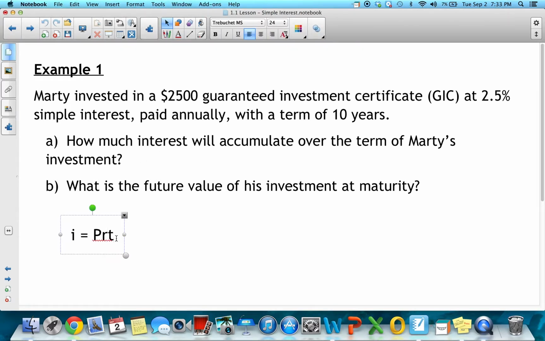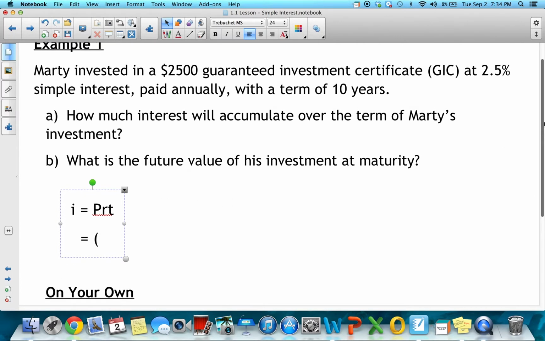Within that formula, to calculate it using simple interest, all we need to do is fill in what we know and solve for what we don't know. The nice thing about using these formulas is that there's only ever going to be one thing that you don't know. Most of the time when we're doing simple interest, it's going to be how much interest did we accumulate, which is I. Sometimes you're going to have to solve for R or T to find the missing rate or to find the missing amount of time, but that just comes down to your prior knowledge of being able to